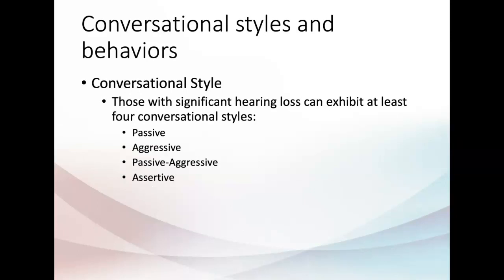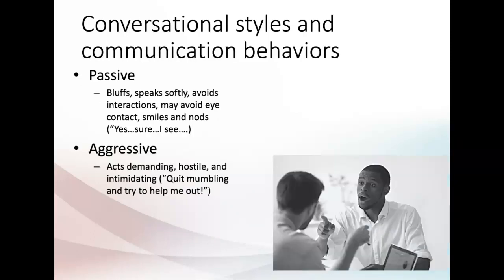Here are the conversational styles that I always talk about: passive, aggressive, and then assertive. A passive communication style is somebody that bluffs, speaks softly, avoids interactions, right? They're very withdrawn. Aggressive is when they're very demanding, intimidating. They're kind of more in your face type